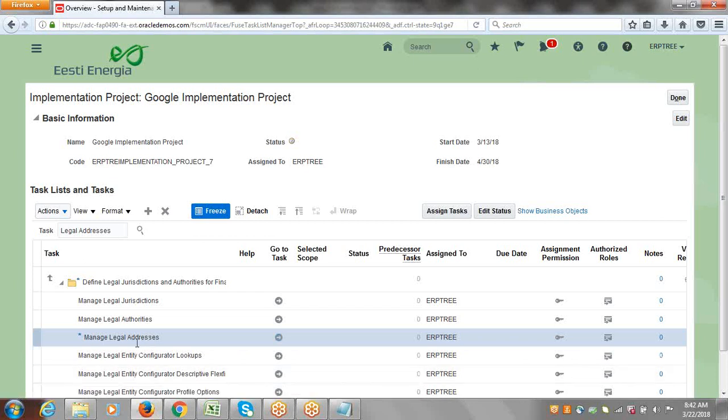So the manage legal addresses task is mandatory, because when you create the legal entity, it's mandatory. As a mandatory field, you have to select it. Without an address, you cannot create a legal entity. Right? When you talk about legal address, it's all about